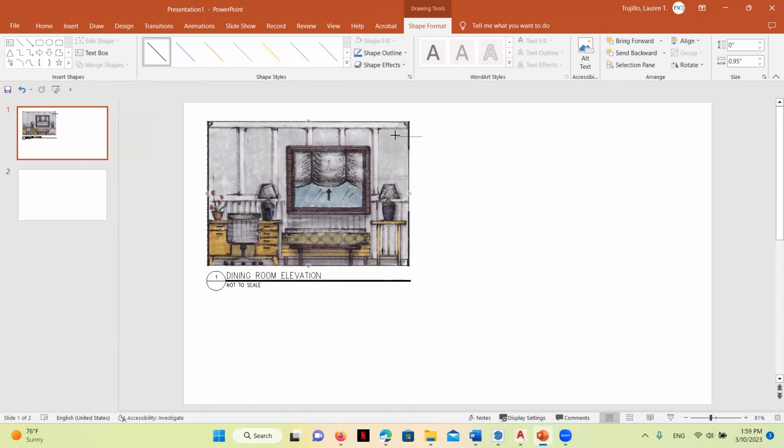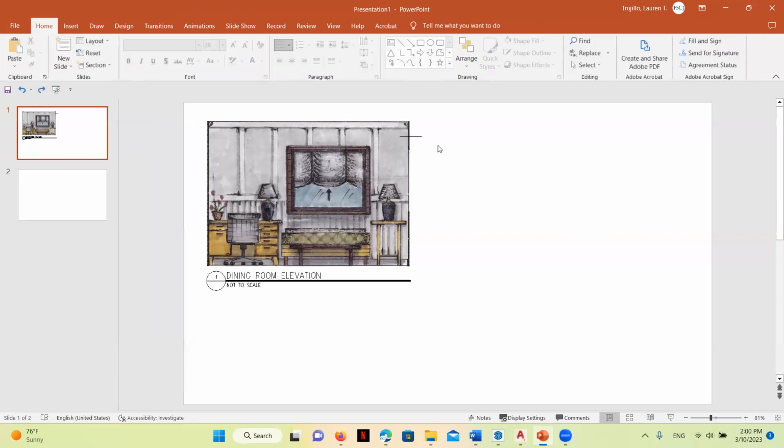Now, I want to make sure my leader lines are as short as possible, once again, because I really want as little lines and distracting information as possible. So instead of having a leader line that goes all the way over here and all the way over here with notes, we want to get it really condensed and really tight up against that drawing. So we've got that leader line there.